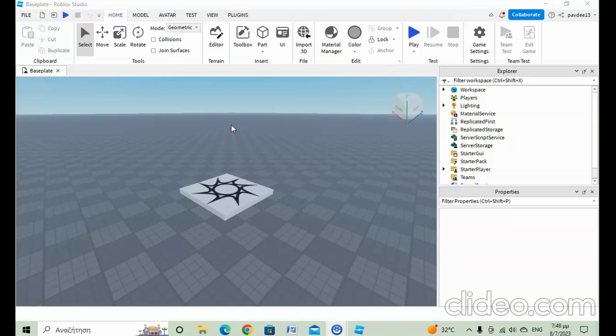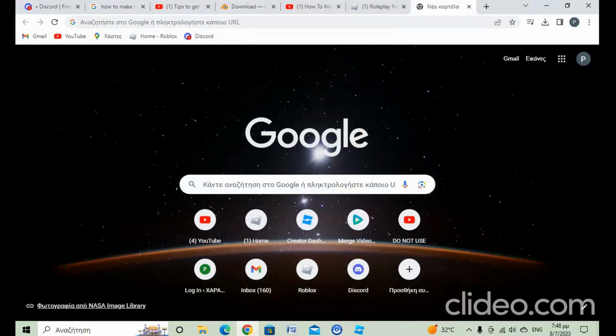In today's tutorial video, I'll show you how to add music or sound effects in Roblox Studio. Before we start, just go to the Google tab here. This is not actually in Roblox Studio, so go to a new tab and then just